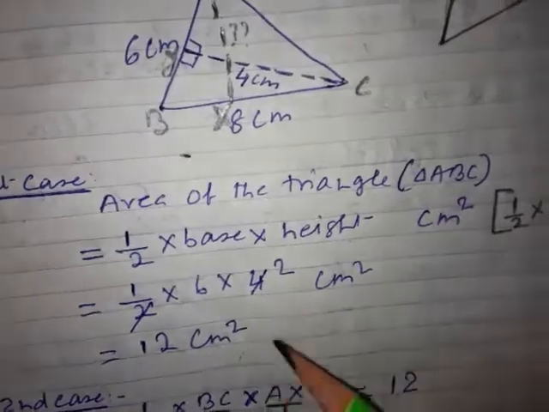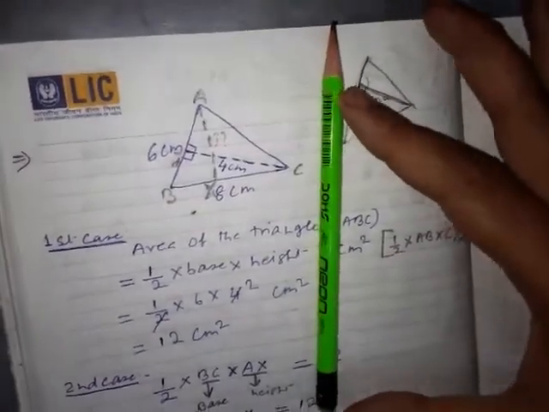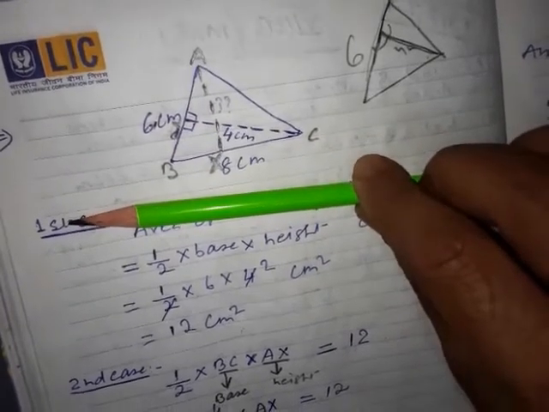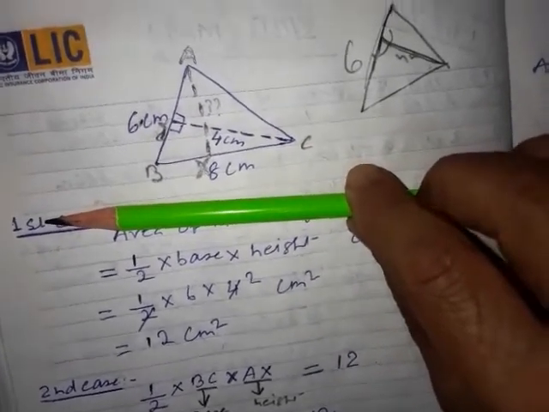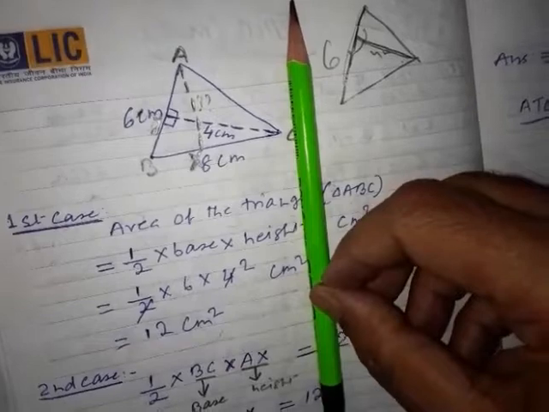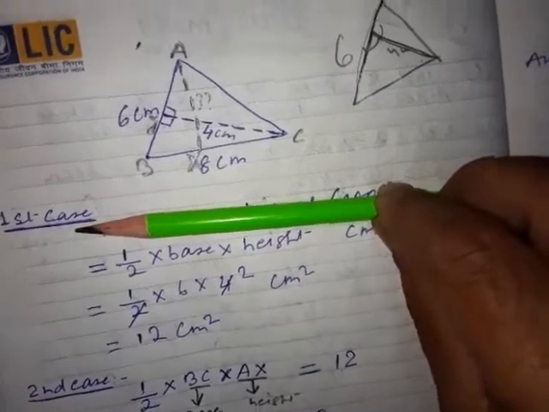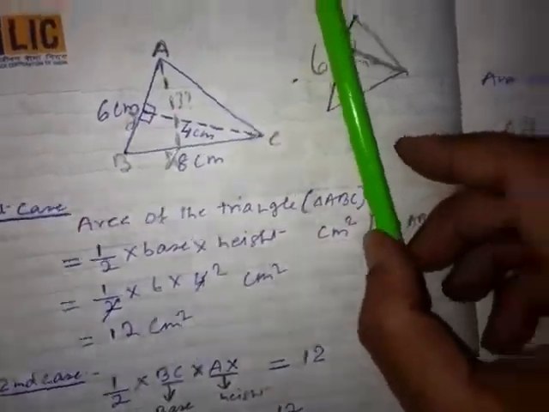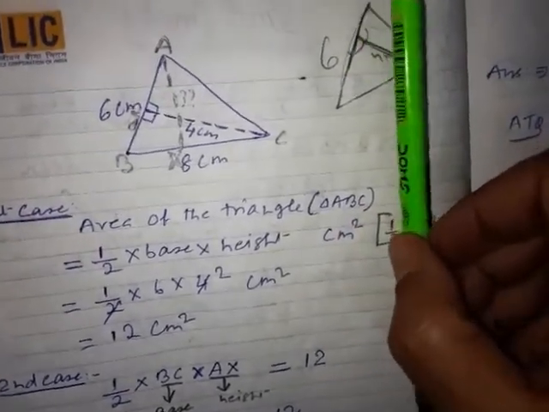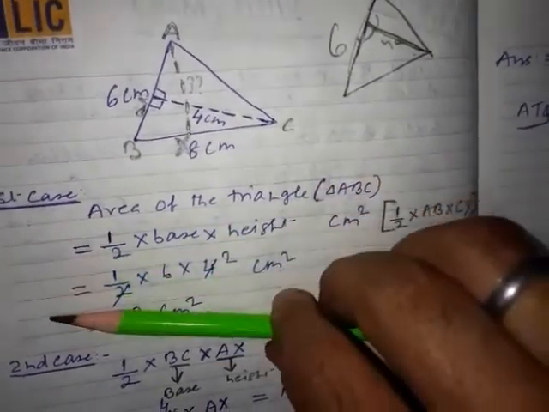Now I just want to give an example. Suppose this is a pencil. If I find the area of the pencil this way, and if I find the area of the pencil this way, in both cases will the area be the same or not? Or, on the other hand, if I take the weight of this pencil like this and it comes to 10 gram, and now I change the pencil to this position, will the weight be the same or not? Your answer will be same. Why? Because the pencil is not changing. What all materials are there in the pencil, it is the same. What is changing? Only the position. One time I keep the pencil like this, one time like this, but the weight of the pencil will be same.